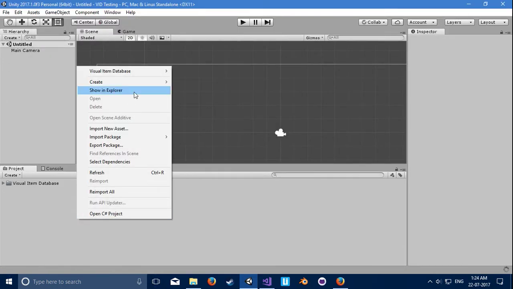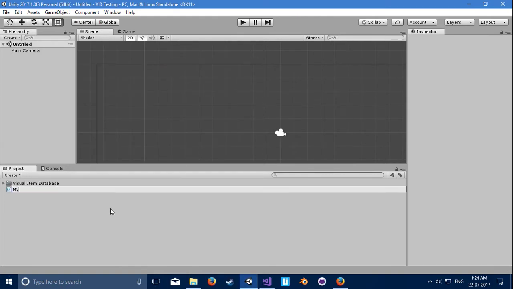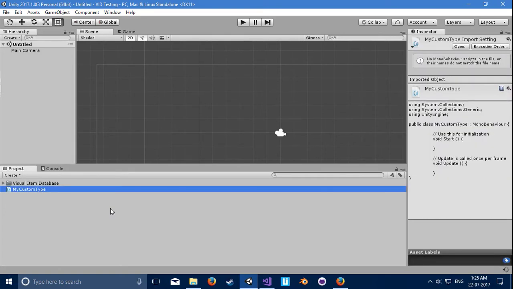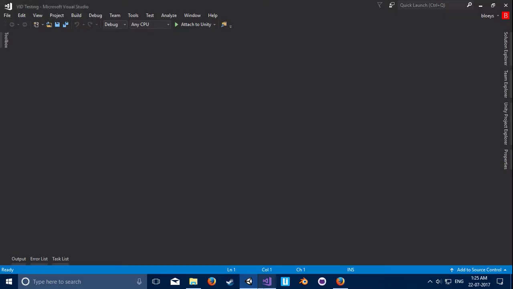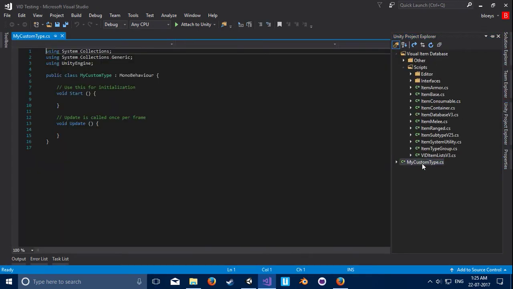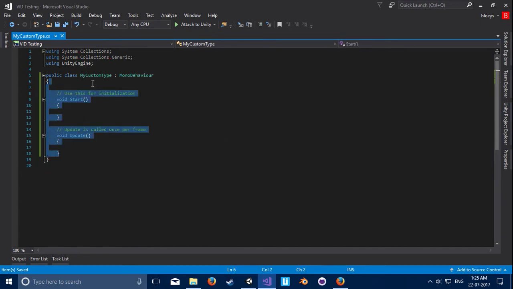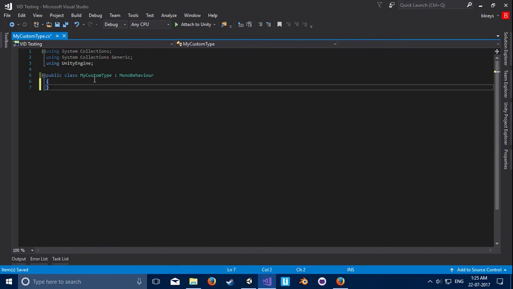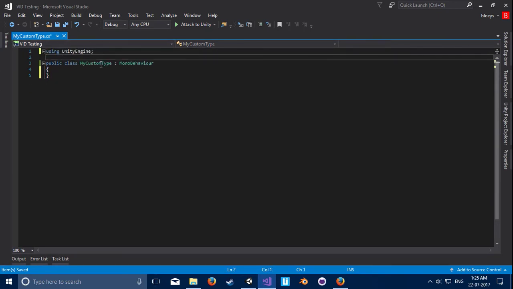First, you will need to create your own C# class, and I'll call it, let's go something, and I'll be using Visual Studio. You can use MonoDevelop if you want, any editor really, it doesn't matter, and I'll open it up. So we can remove all this default behavior here. I'll be removing these. So what you'll need to add first is we'll need to add using